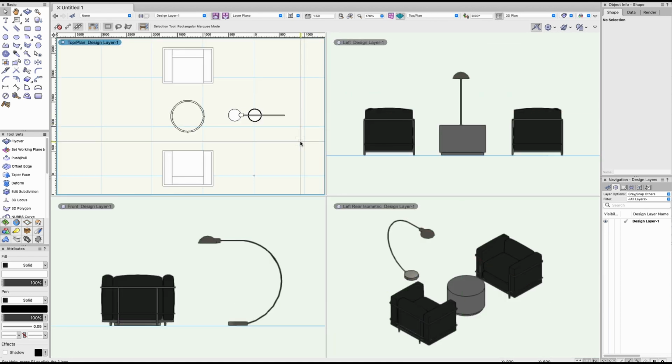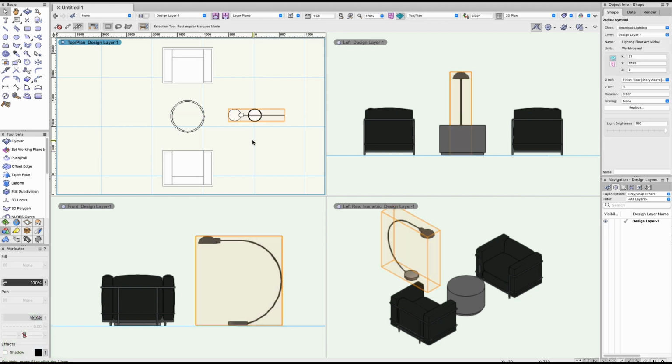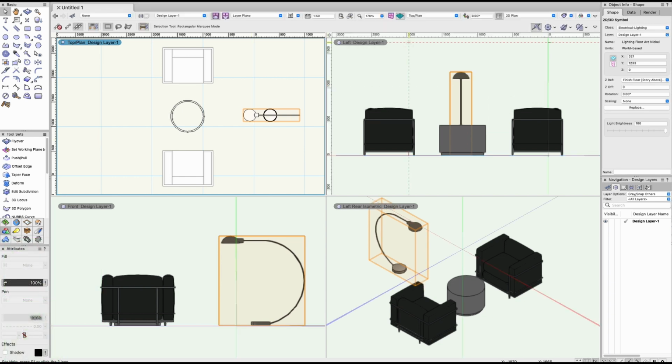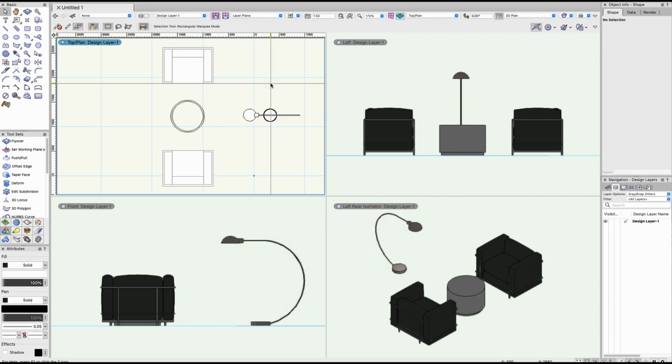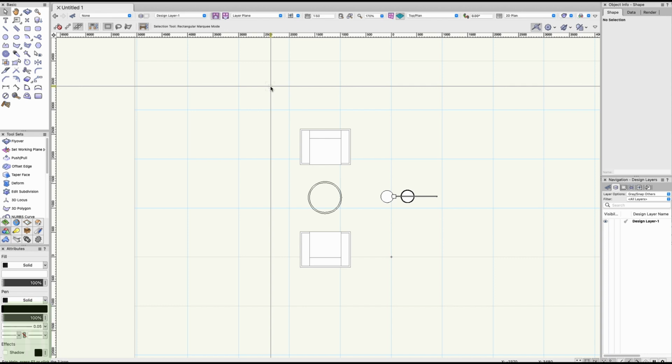But the way to avoid this happening is the default shortcut for the multiple view pane is M. So if you want to move something, you go Command M, select something, go Command M, it'll ask you move by how much, and you can say move that by 300 millimeters, and it'll move it for you in every view, as you can see. But if you only use the M key, it toggles between those, the M without the command or the control